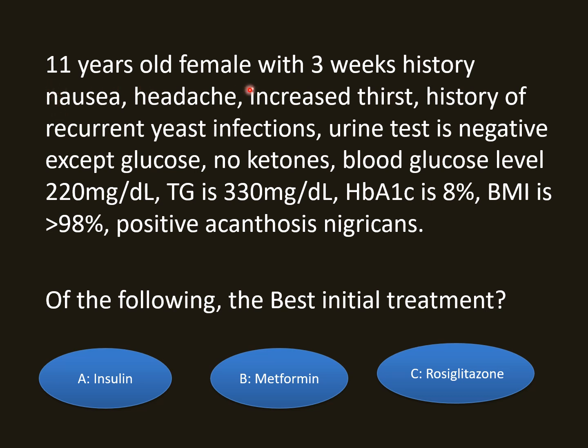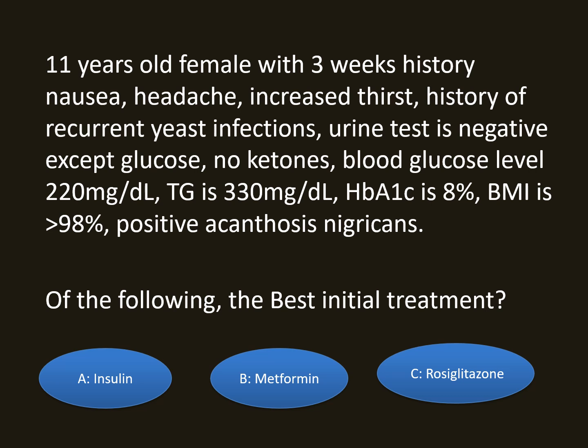This is an 11-year-old female with a 3-week history of nausea, headache, increased thirst, and a history of recurrent yeast infections. Urine test is negative except for glucose, which is positive, but the urine does not have ketones. Blood sugar level is 220 milligram per deciliter. Her triglyceride is 330 milligram per deciliter. Her hemoglobin A1C is 8%. Her BMI is more than 98%, so she's obese, and she has positive acanthosis nigricans around her neck. Of the following, is the best initial treatment insulin, metformin, or